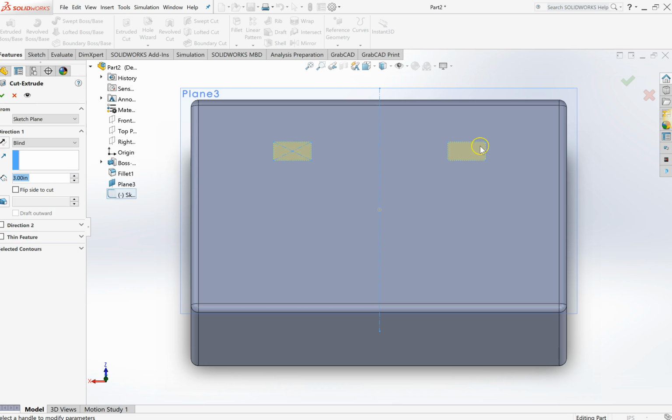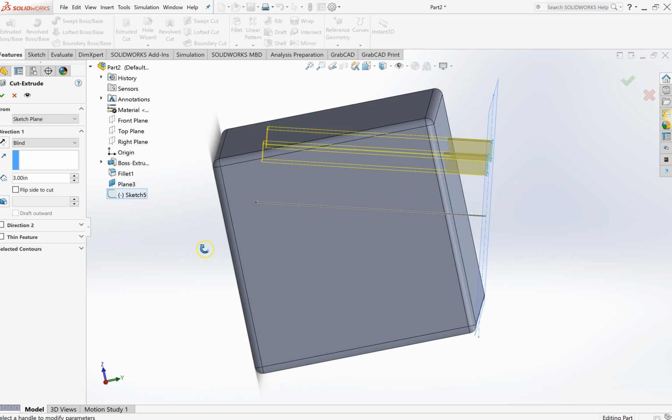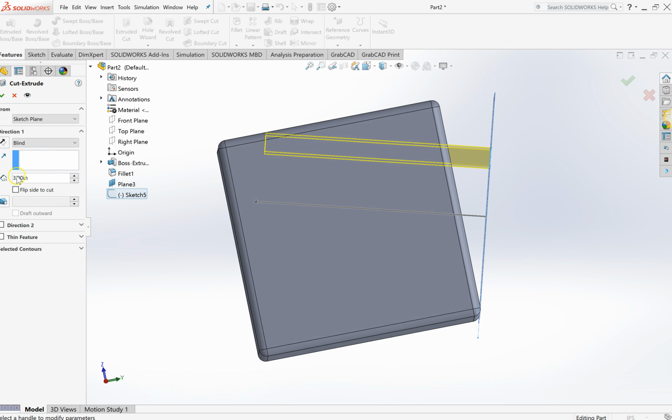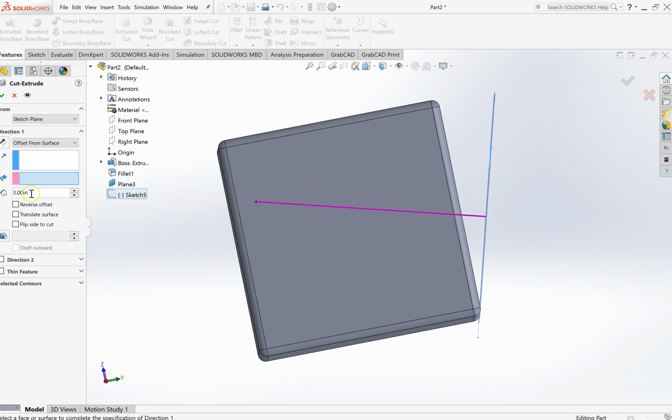Now it's going to show me that I'm going to be cutting something in this case. Right now the setting is cutting blind 3 inches. Well, I don't want to go blind 3 inches because I'm offset and I don't want to have to calculate how far we're going, the distance between our plane and our feature. I just want to go from this surface in. So instead I'm going to come up to my selections here, and I'm going to go offset from surface,